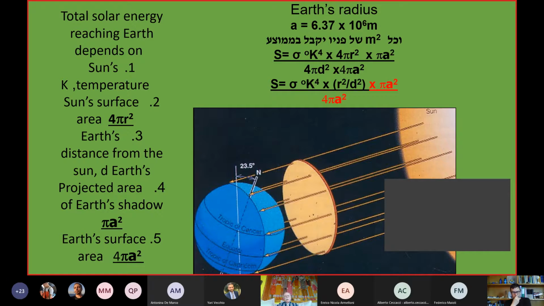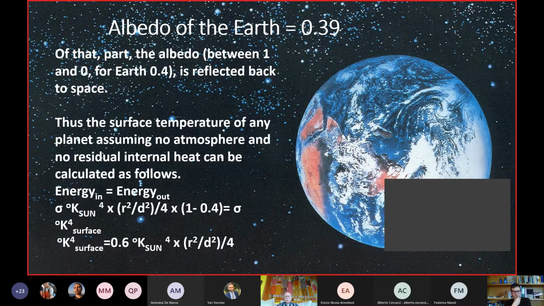Now, about 40% of the sunlight reaching Earth is emitted back and not absorbed, and that is called the albedo. And you can very clearly see that the albedo of the clouds, of the ice, of the snow is close to 1. The albedo of the oceans is very low, so most of the radiation hitting the oceans is absorbed.